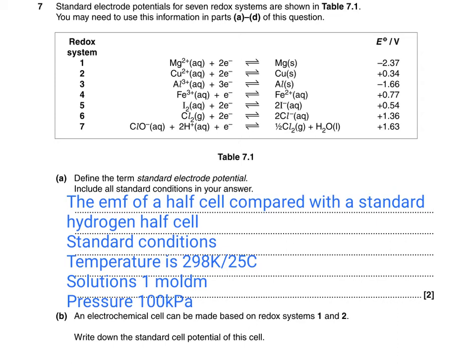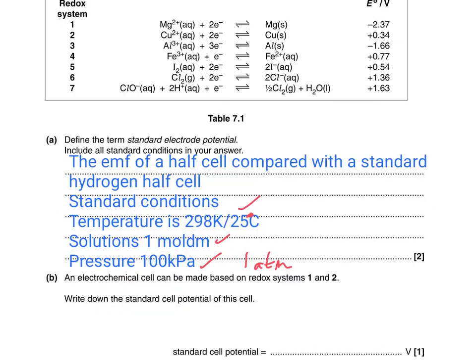Write out standard hydrogen half cell in full, rather than SHE, abbreviating it. And 1 mark for each of these. You will get a mark if you said 1 atmosphere instead of pressure, and you need the little degrees sign that I couldn't type. Okay,